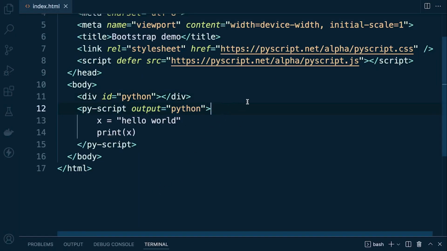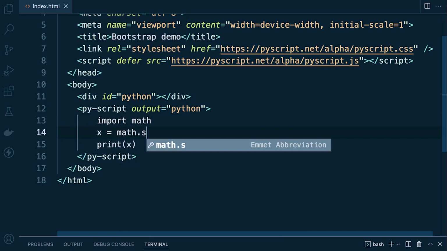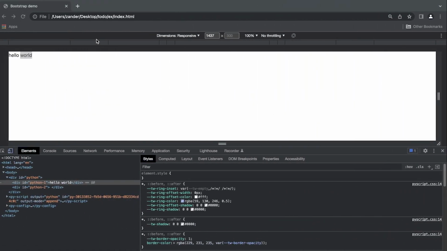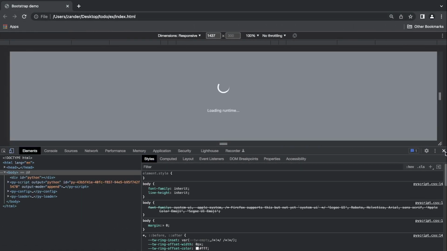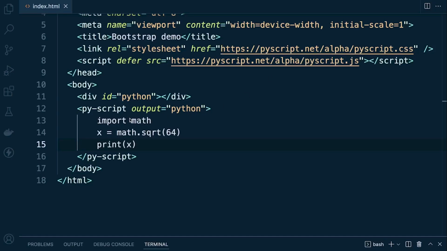So we can use imports. So let's go for some of the built-in imports. So import math, and let's just try and output something here. So let's go for x equals math dot square root of 64. So go ahead and try and print that out. We'll refresh. There we go. Okay, so we can see that we can import from the standard Python library,